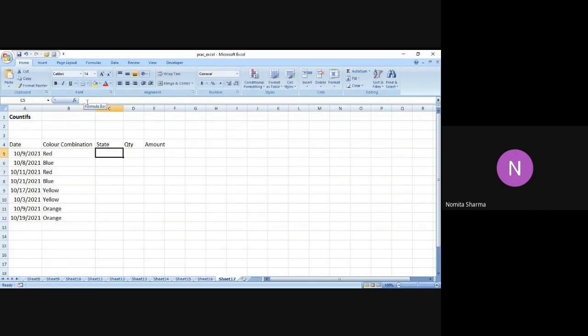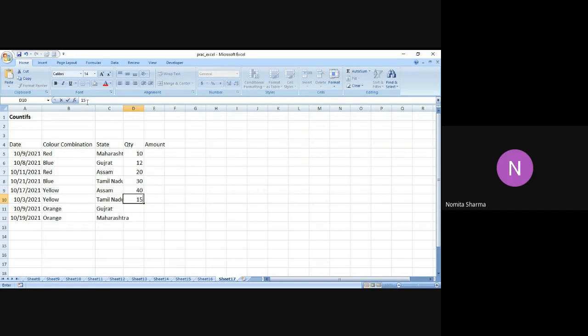Similarly, states could be, we can have Maharashtra, it could be Gujarat, it could be Assam, it could be Tamil Nadu. Likewise, let me repeat some names so that we can easily count on them. Quantity may be 10, 12, 20. Deliberately, I'm putting lower numbers.